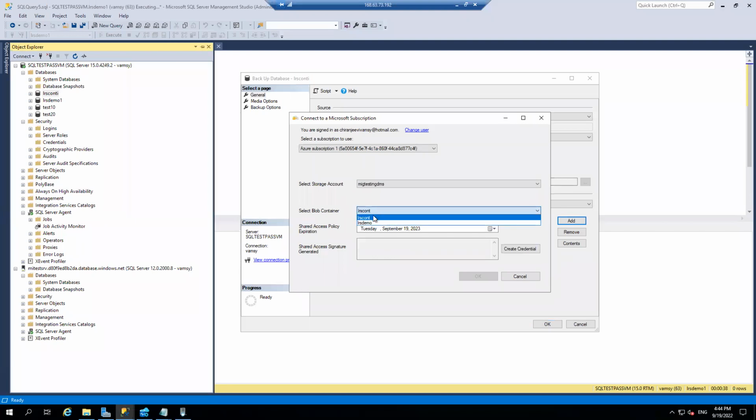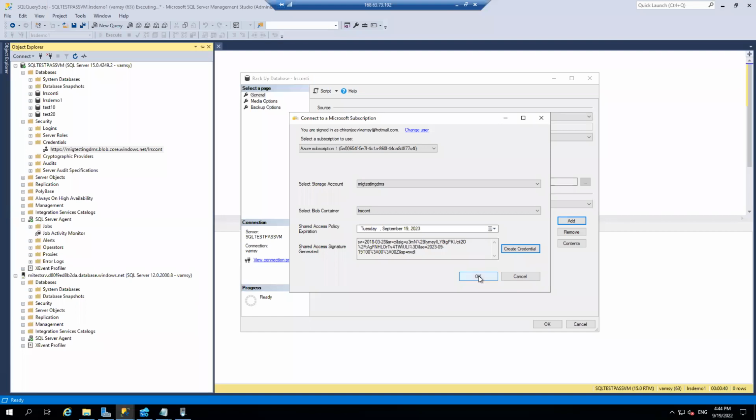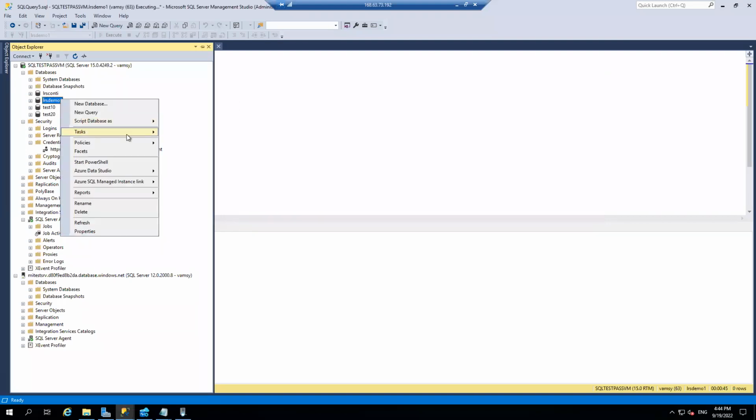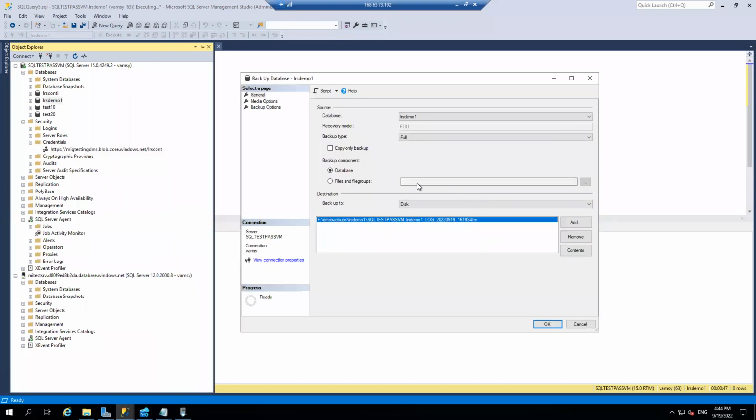I'm doing it for LRS cont. Okay, LRS cont, create credential. Okay, and cancel. So the credential is ready. LRS demo, tasks, backup, remove, URL,